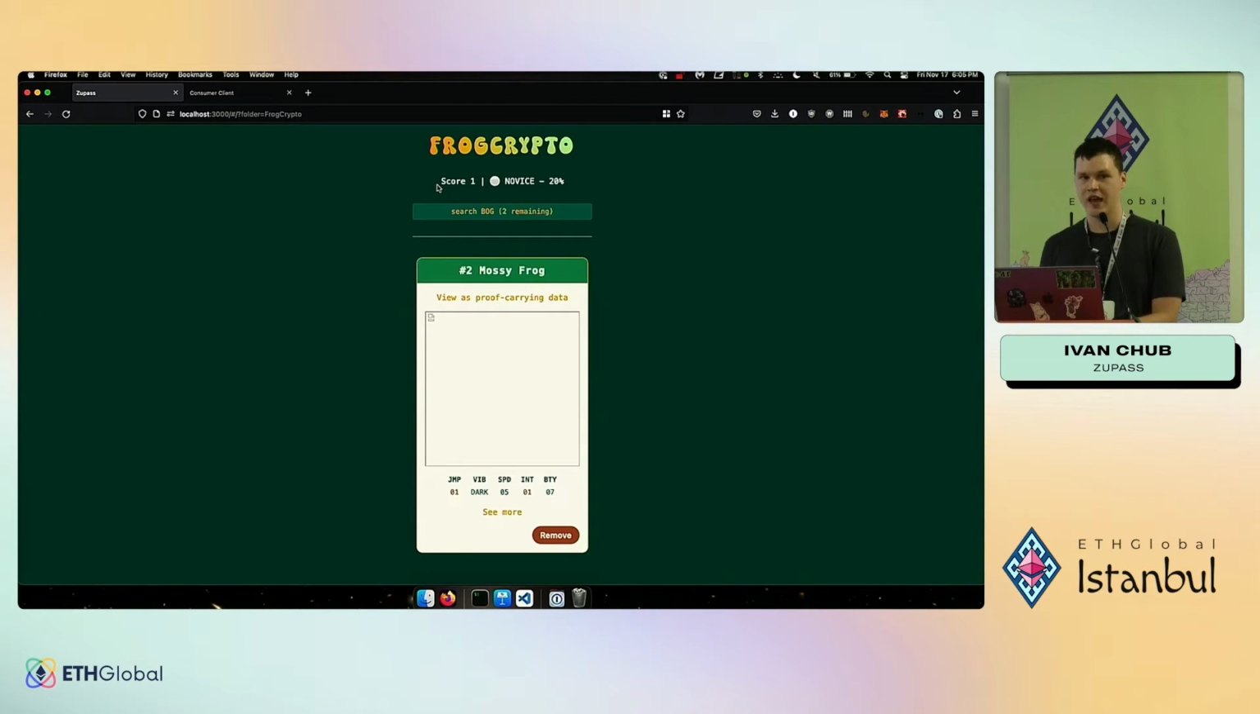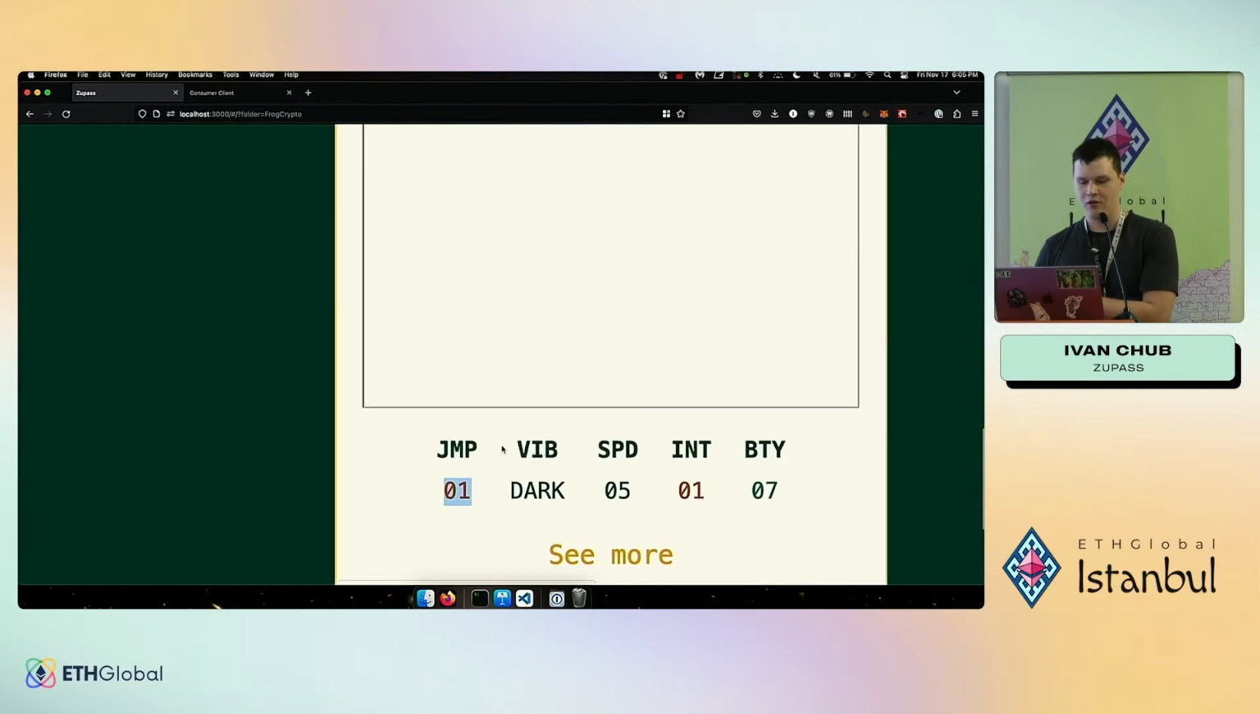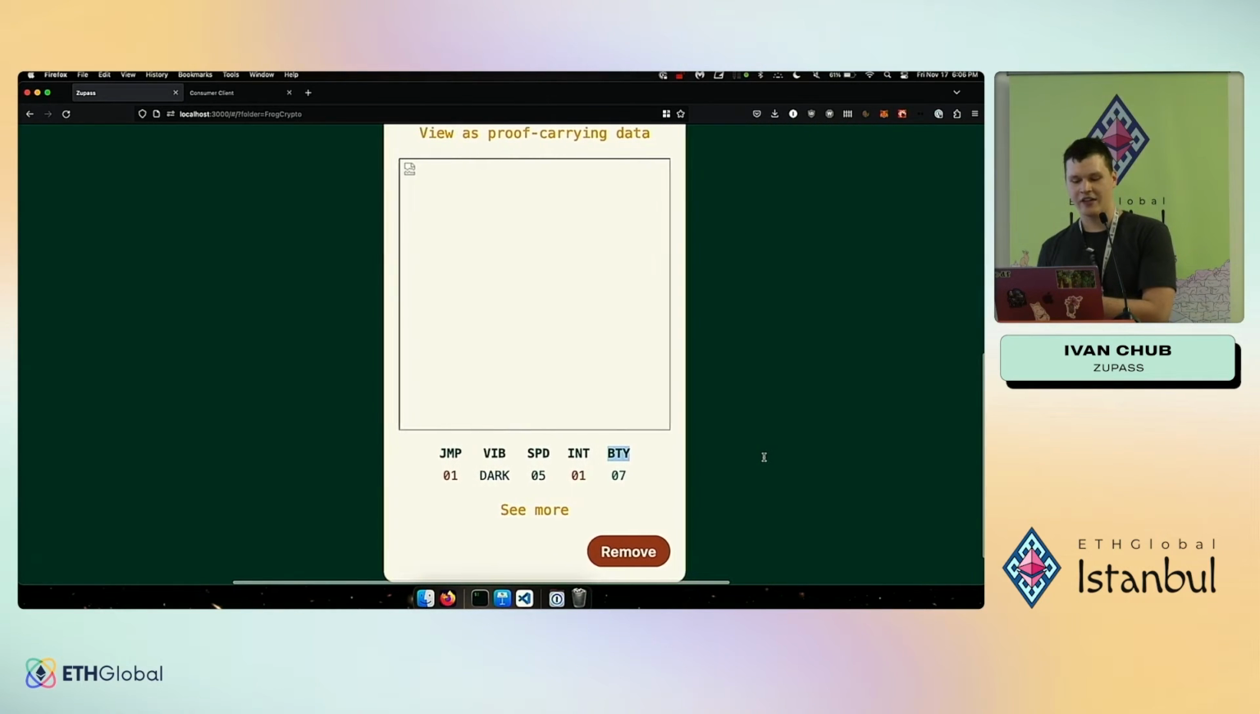EdDSA is a signature or encryption algorithm, kind of like RSA, if you're familiar with that. EdDSA lets you sign stuff. So an EdDSA frog PCD is a JSON that has been signed with a particular EdDSA private key, and it's represented as a PCD, so it's got a claim and a proof. The claim is some representation of that JSON, so the frog has different attributes, like the jump attribute, or the vibe attribute, or the speed, or intelligence, or beauty. These are fields in this JSON, and the PCD has all of these fields encoded in a particular way, and it also has a